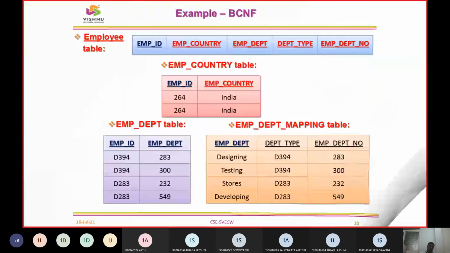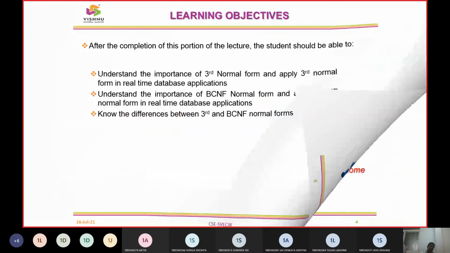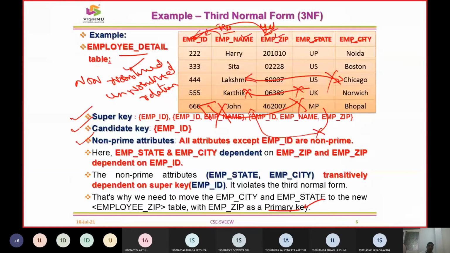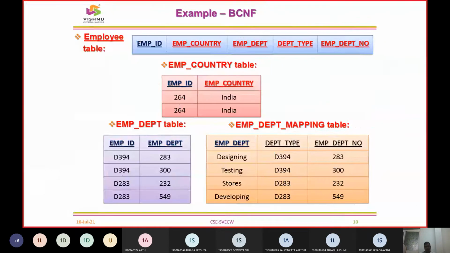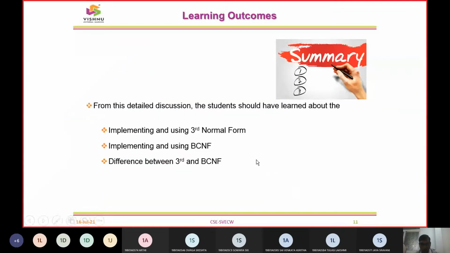Overall, we talked about two normal forms at this point. The first one was the third normal form, where we see that there is no transitive dependency occurring. The second one was the Boyce-Codd normal form. Whatever anomalies are not taken up by the third normal form are taken up in the Boyce-Codd normal form, where we take the candidate keys, and from those candidate keys we superimpose the primary key. This is where the Boyce-Codd normal form was interpreted.